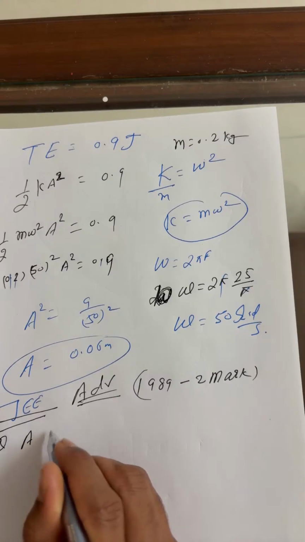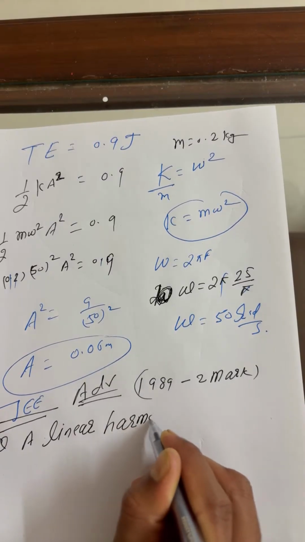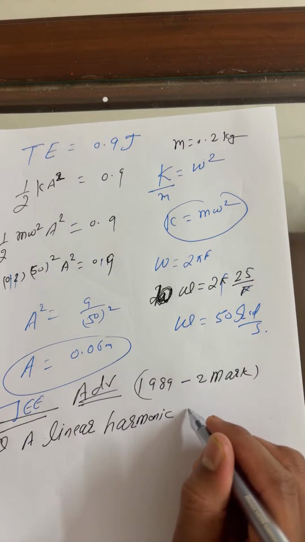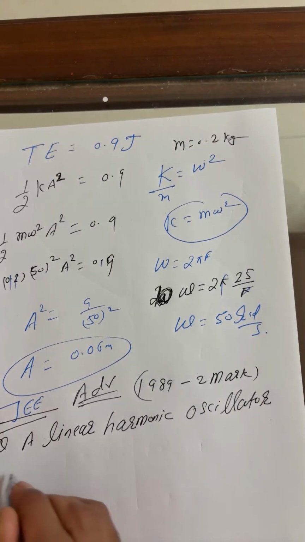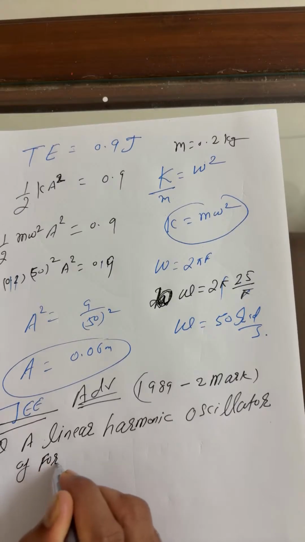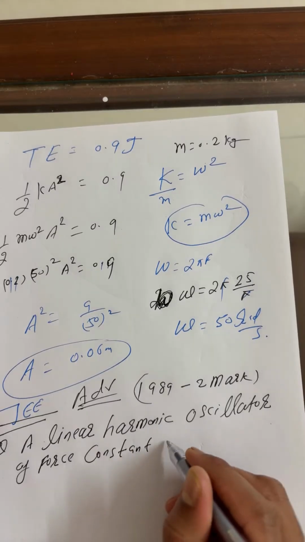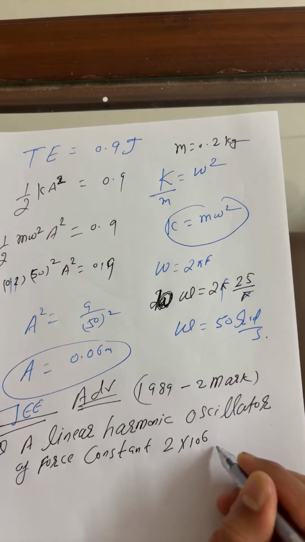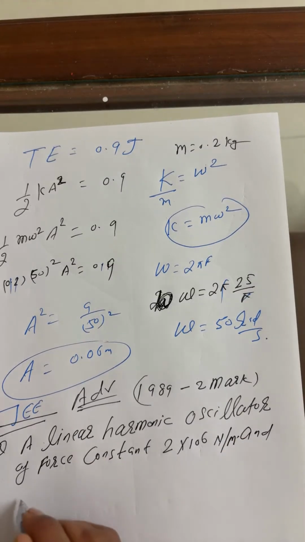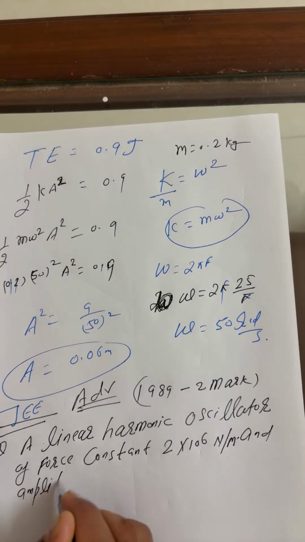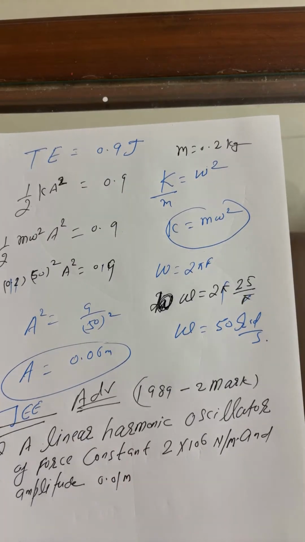A linear harmonic oscillator of force constant 2 into 10 to the power 6 newton per meter and amplitude 0.01 meter